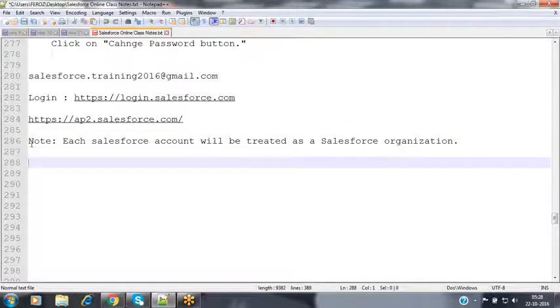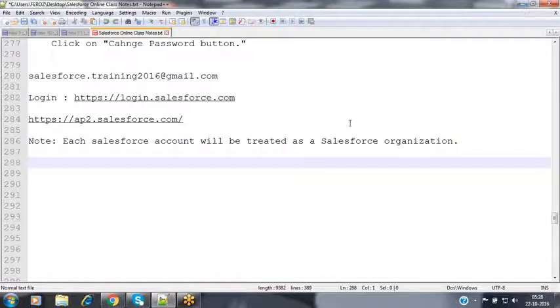Each Salesforce organization will be identified by a unique identification number that is called the Salesforce.com organization ID.